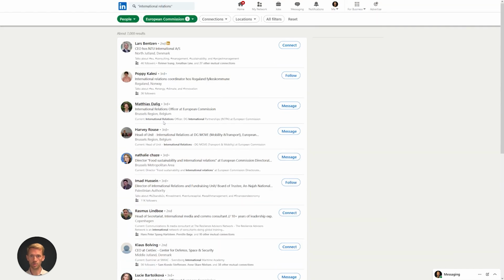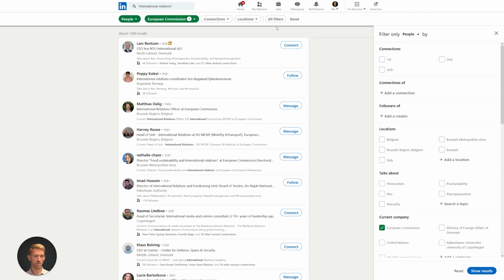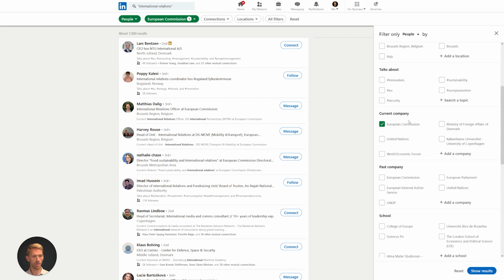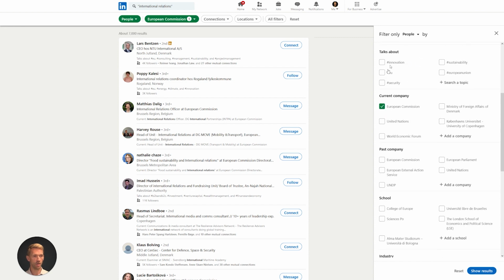So going back to the search, there's also a category, or we can just choose to open all filters here. You can see the categories up here, or the specific ways of specifying the search. There's a lot more filters to add. So you can search for locations, you can search for what they are posting,